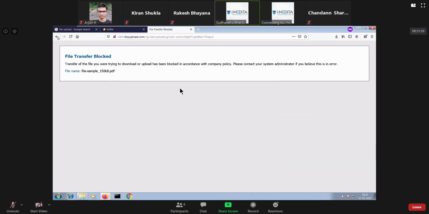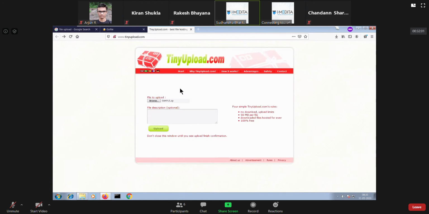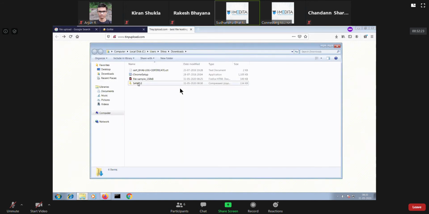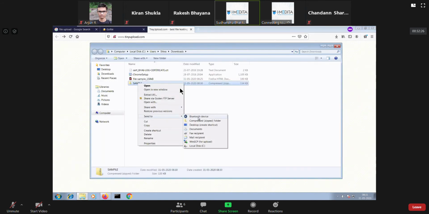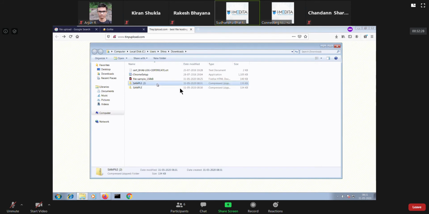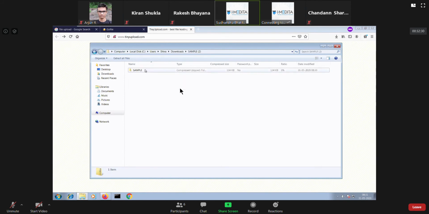Why? Palo Alto can parse through archived files, and it can even look at one file type within another file type. So if you try to do some form of layering and try to upload the file, it won't work. In fact, if I put a zip file in a zip file, now if you look at sample2, sample, then there's this PDF, right?